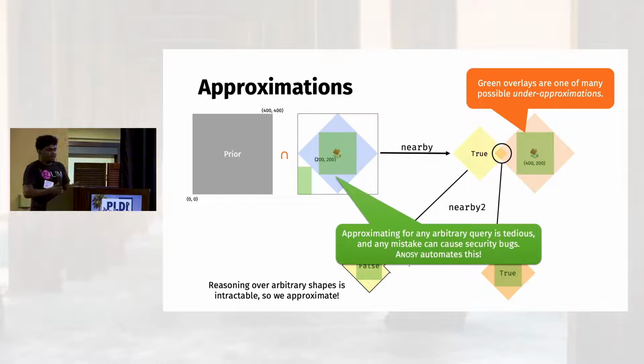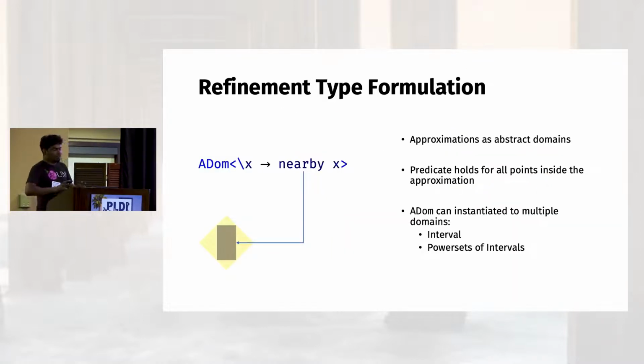Now, coming up with this under approximation is what makes this mechanism work. But if you make a mistake, it means you can have security bugs. So ANOSY automates this, and it also verifies this. The way we represent these abstract domains and approximations is we encode them in a refinement type. The refinement type takes as a type parameter this lambda, which says any point in that domain should satisfy this property. So with our example, this would mean that any point in this gray region should satisfy the nearby query,